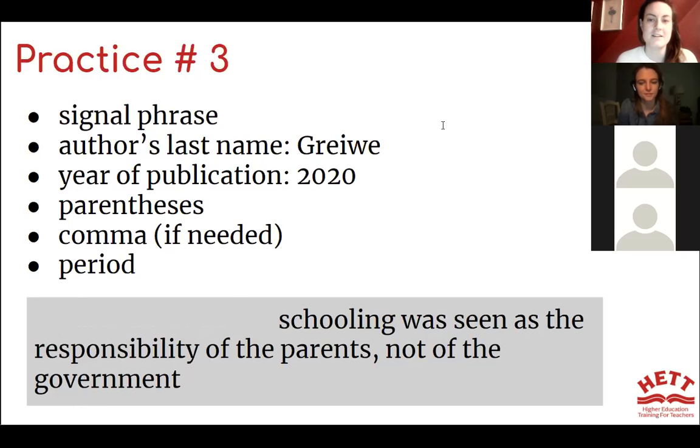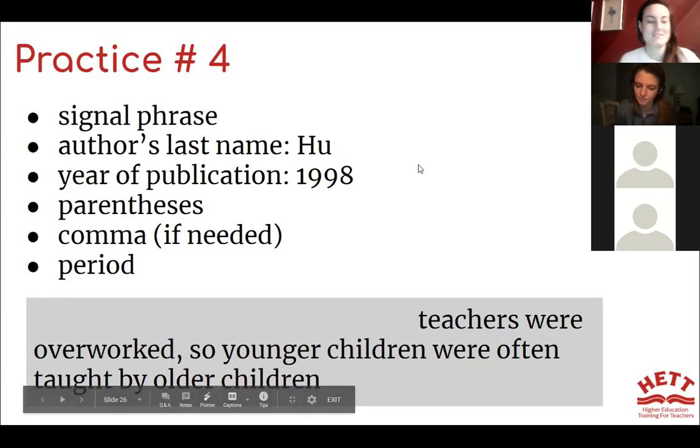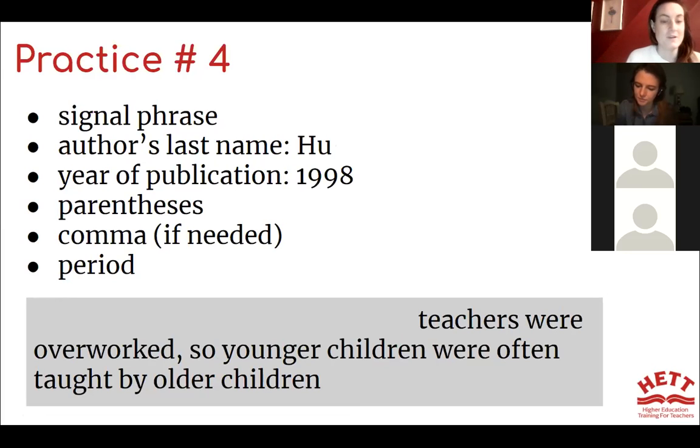Okay, next one. You put this one in the chat box. See if you can think of a different signal phrase than "according to." Maybe "researched by," "stated by," "as mentioned," "argued by," or "argues."